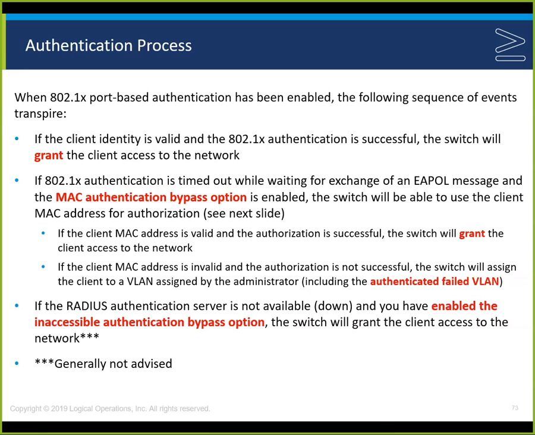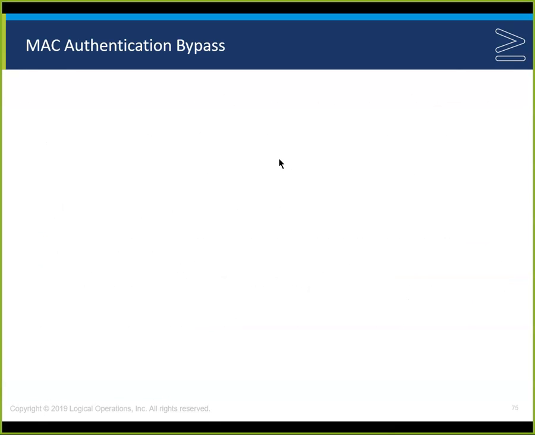We can configure the system to do reauthentication. Reauthentication will check to be sure that the correct device or user is still connected, so that somebody hasn't stolen the session. What would happen if we got on with the inaccessible authentication bypass, and then at reauthentication the Radius server is available, then we'd still have to provide the correct credentials in order to continue the